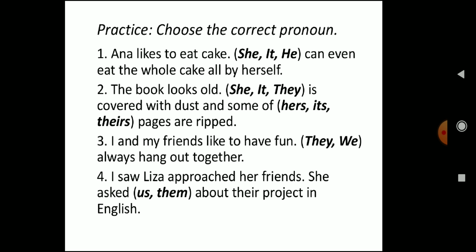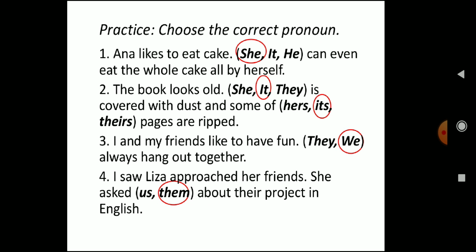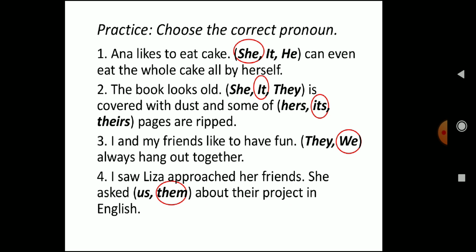So I hope it is clear to you how you have to do this exercise. You have to understand the sentence and then choose the correct alternative. I will not be telling you the answers of the second, third and fourth questions. You have to do it in your rough copy. Pause the video, first copy the sentence, and then choose the correct option. How will you check the answers? In the next slide I have shared the answers for your reference. But you don't have to see them first. First you will do it by yourself and then you will check your answers. So this is the answer which I have shared for your reference.